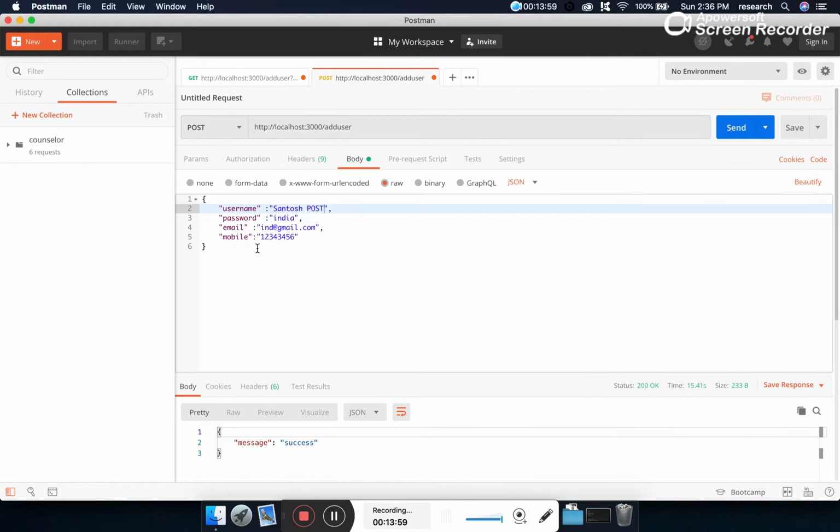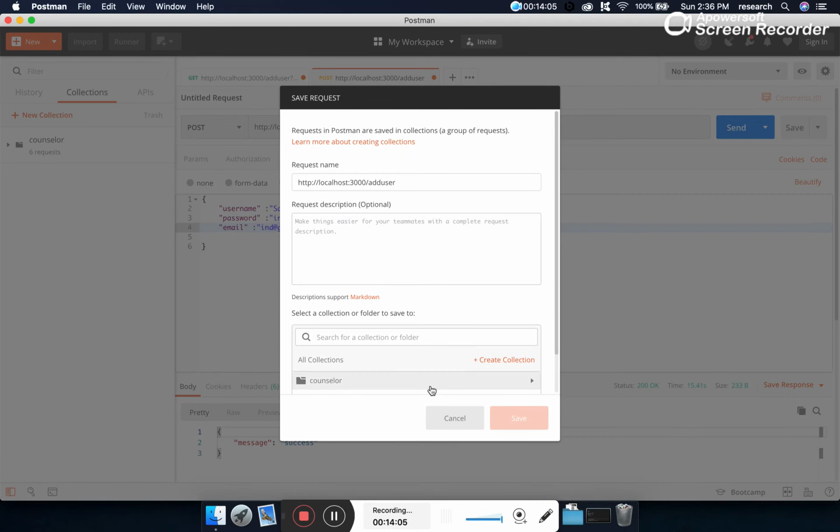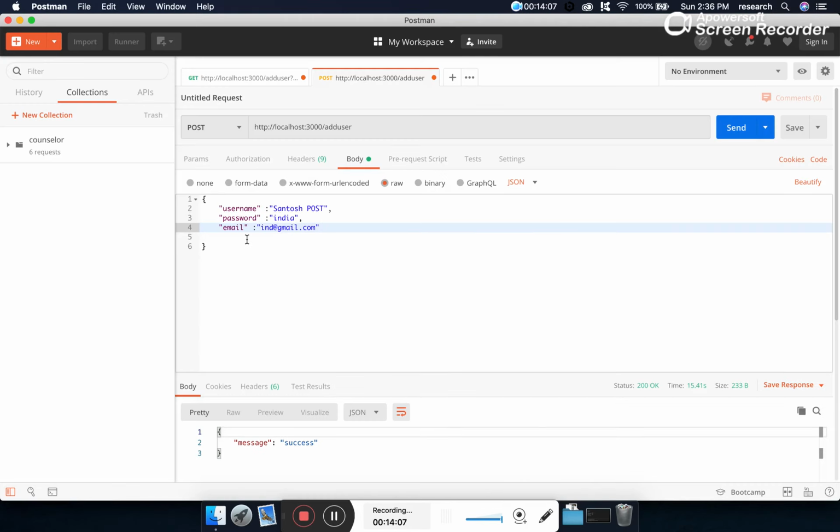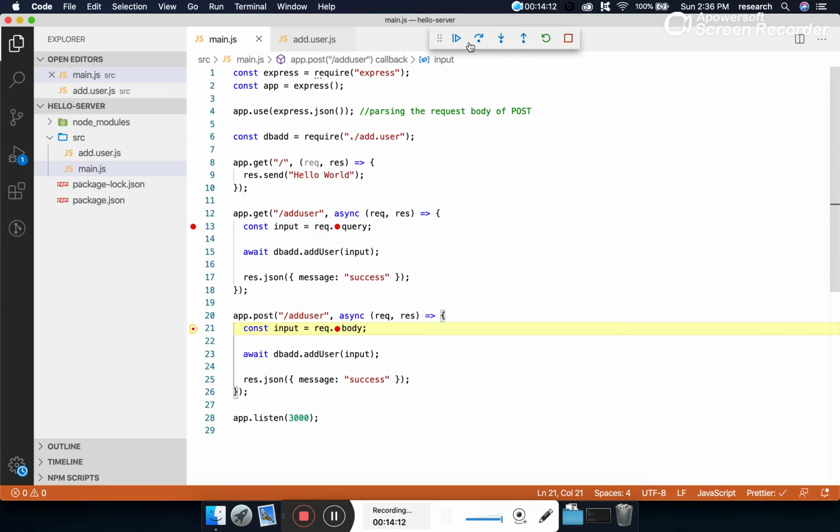Okay, before going further, before concluding this session, let's do one thing. Let's go to the Postman and let's change this from mobile to something else. Let's suppose you are not passing one of the things correctly. If you are not passing correctly, what will happen? Let's see what will happen. Making a post call.